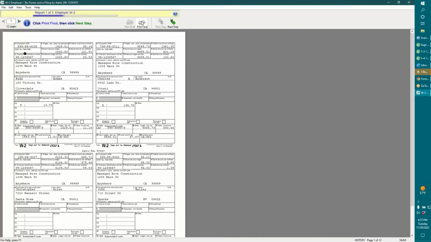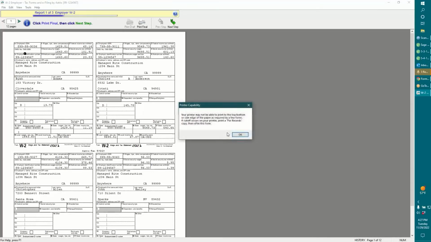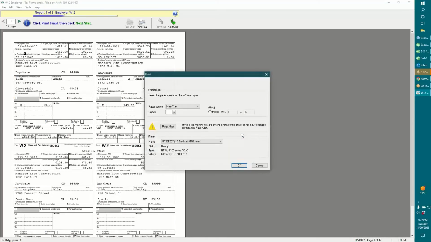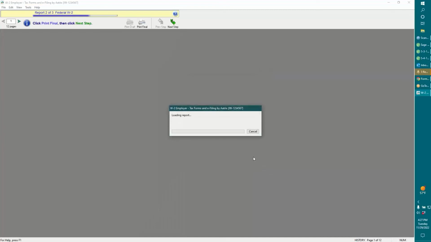It'll ask you to load that perforated paper. Once that's done, okay, so again, it says put the 4-part perforated paper in. You can buy that, or you can order that from Sage Forms. And we will just cancel that.